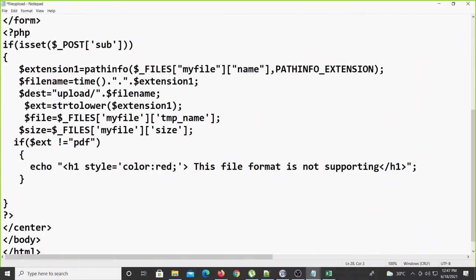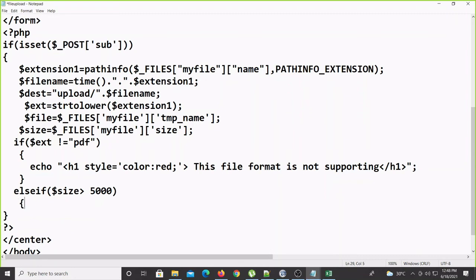Else if, we'll check the size, $size. You decide how much size you want. Here everything is in terms of bytes only. So 2 MB file, 3 MB file, 4 MB file, 10 MB file, whatever you want. If the size is greater than this one, I am giving size greater than 5000, around 1024 divided by 4, around 4 point something MB file. Got it?